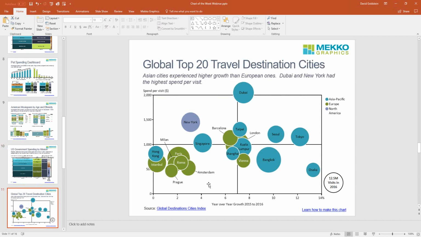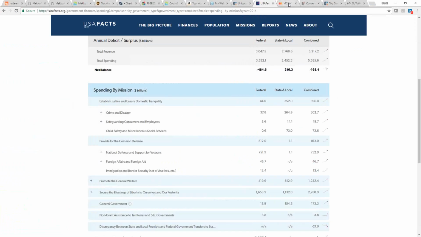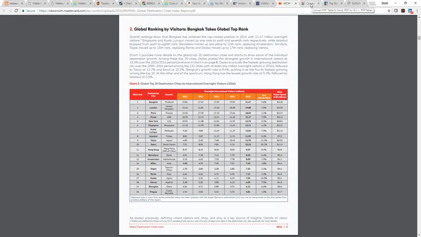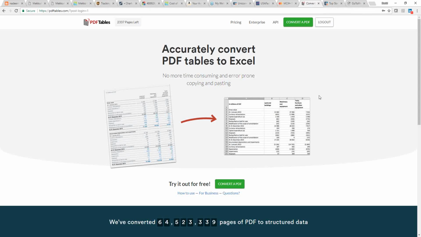Then I've got a bubble chart here, which I took from a MasterCard website. I used the groups in my bubble chart to specify regions. And I just wanted to point out one other thing in my bubble chart. The data here is in this 64-page PDF from MasterCard. I used a really nice tool. I've used it for several of my charts, and I don't tend to promote other tools, but I found this